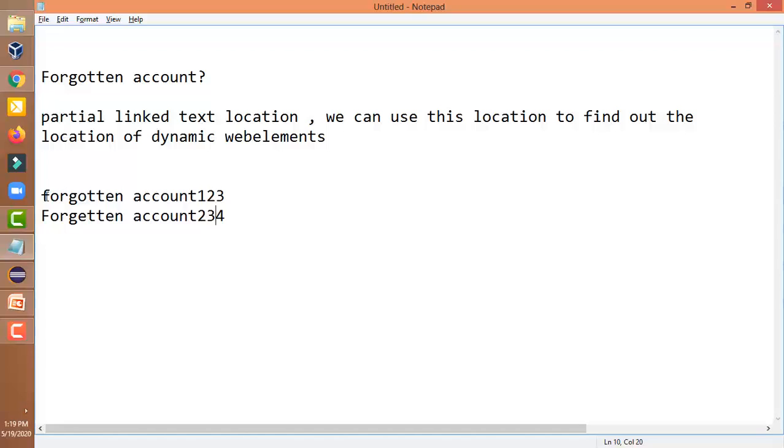So we cannot use the link text locator for this, because its text keeps on changing, but the partial link text locator we can use easily because it depends on partial text. Some text is common and some keeps changing. So even if we use only this text, if it uniquely identifies the web element, then we can easily use it. Let me show you how.